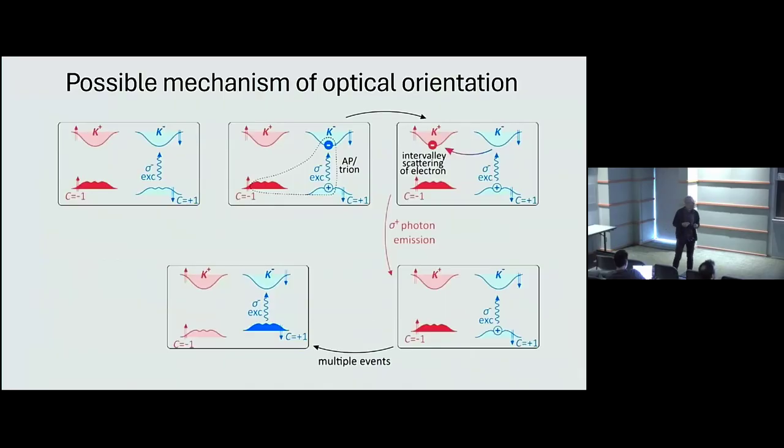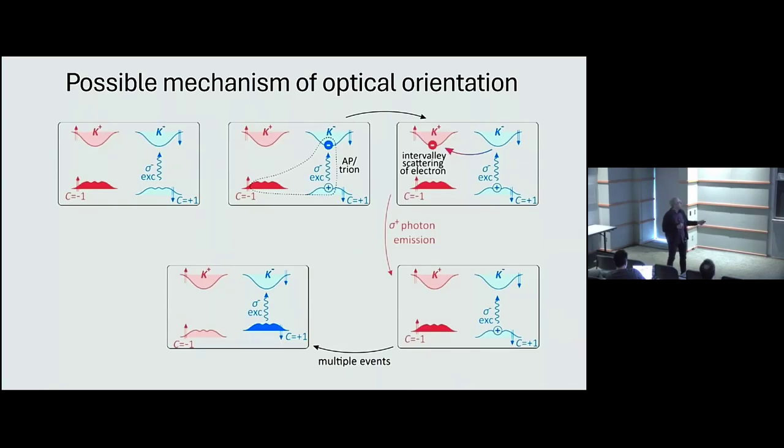So how do we understand this? We don't, but there is a possible mechanism that I will run by you, and then I will tell you about the mechanism that I do understand but haven't done experimentally yet. Basically, in these experiments, we pump the attractive polaron resonance. We have the holes sitting in the C=-1 moire band. We excite excitons. They form this attractive polaron.